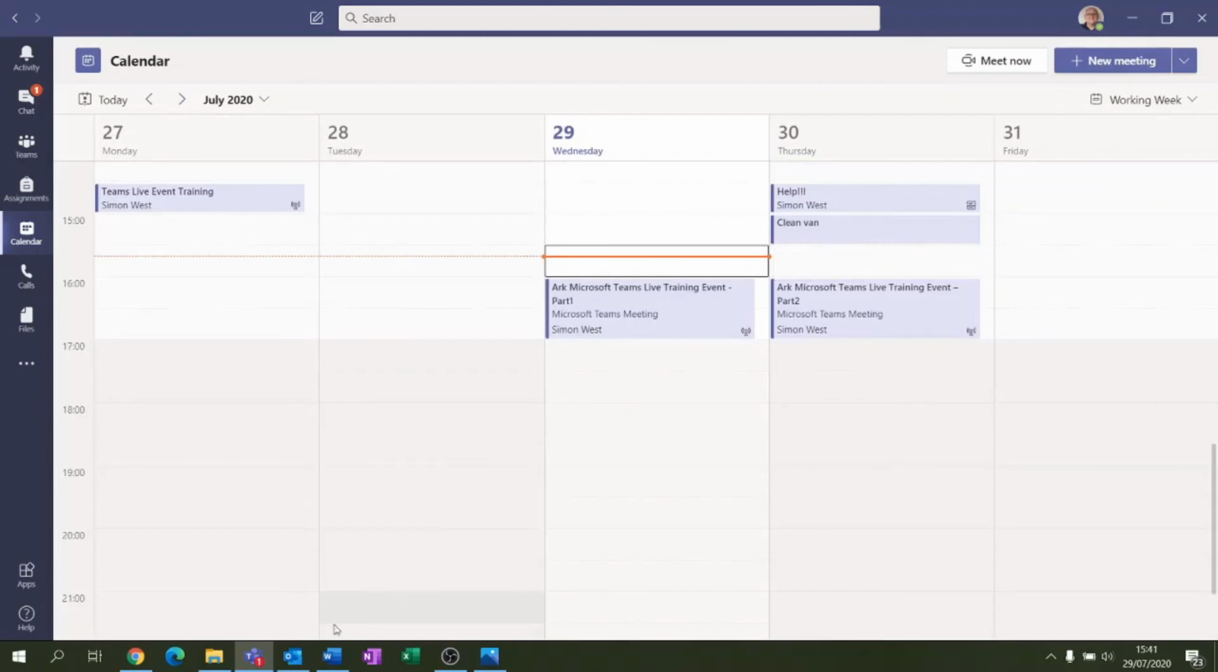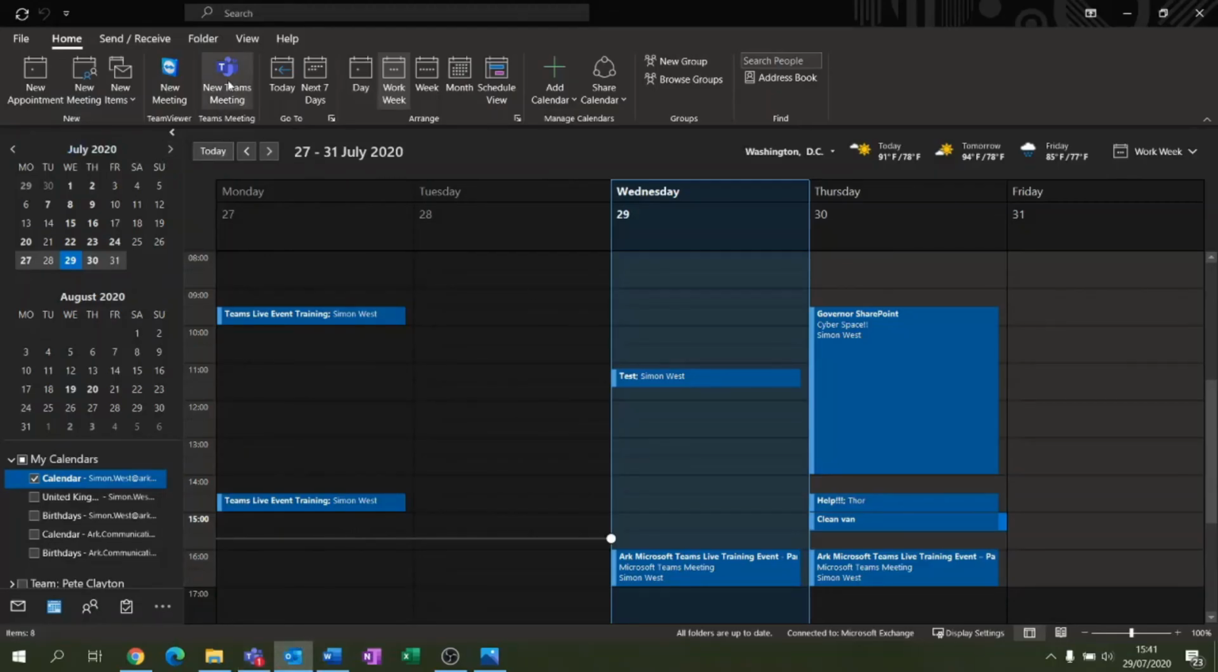What you can also do in Outlook is put in a Teams meeting. It's because it's a direct plugin. Outlook allows you to create a Teams meeting as well, so that we can do it straight from Teams. What we can also do